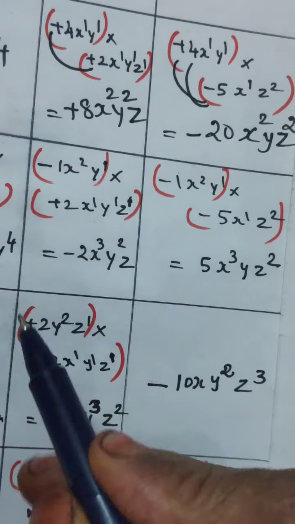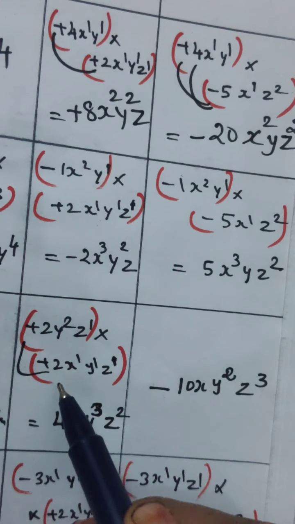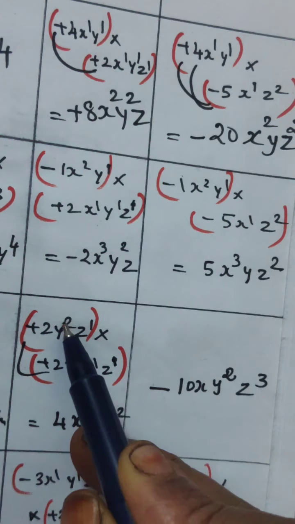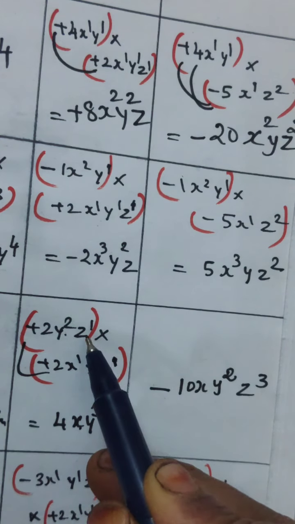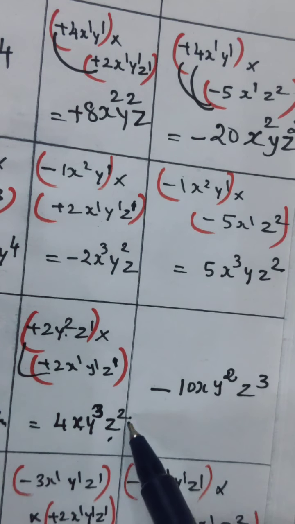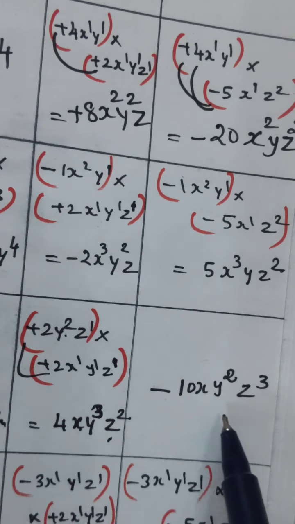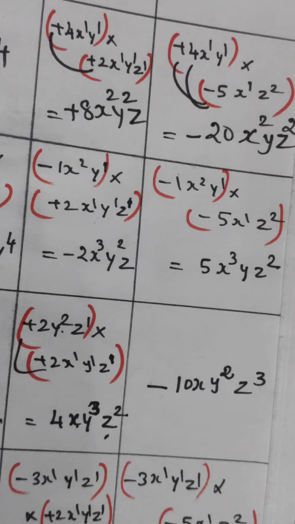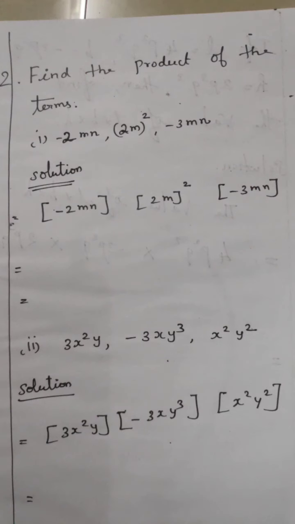Next plus into plus, plus 2 2s are 4. X one term for x you write, y squared into y power 1, 2 plus 1 is 3. Z squared term here one term, there one term, 1 plus 1 is 2, z squared. Next term their book for their given. Remaining 2 column work you do one practice. Definitely come the answer. If you have doubt you ask to me.